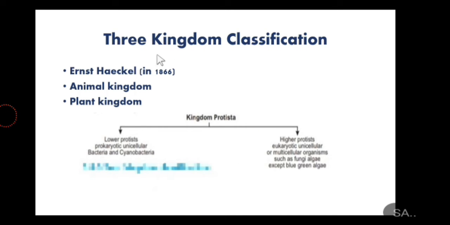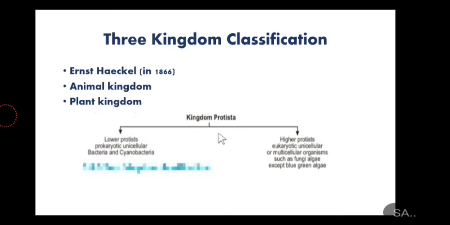Then the three kingdom classification concept was given by Ernst Haeckel. Since you know that in 1930 there was much advancement seen, the microscope was invented, and there were different modernizations that were happening in that period. So Ernst Haeckel gave the concept of three kingdom classification, and you know that there were two kingdoms, animal kingdom and plant kingdom. He gave another kingdom which is known as kingdom Protista, and in kingdom Protista he categorized